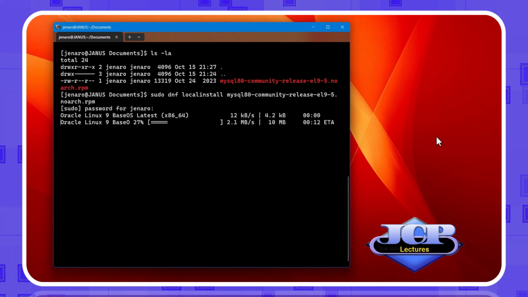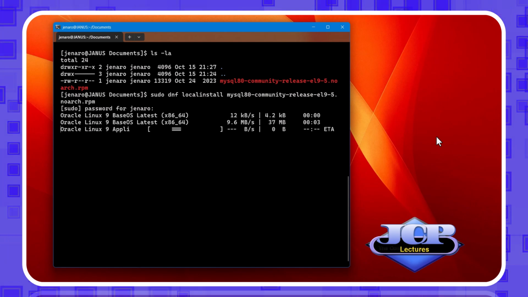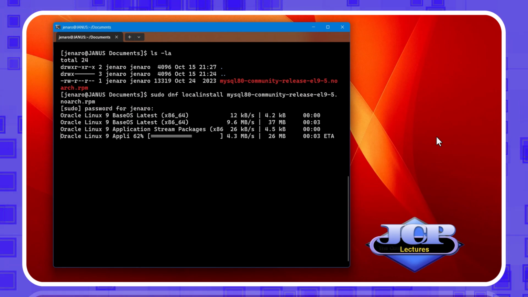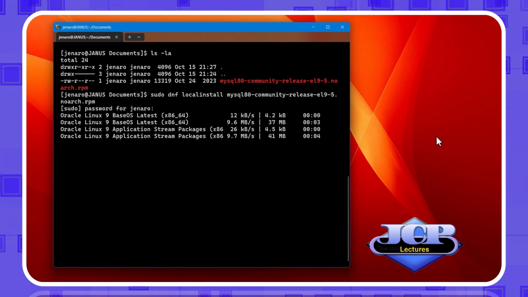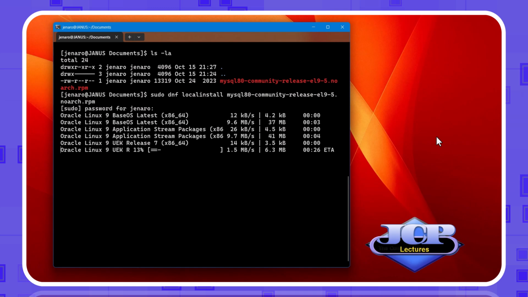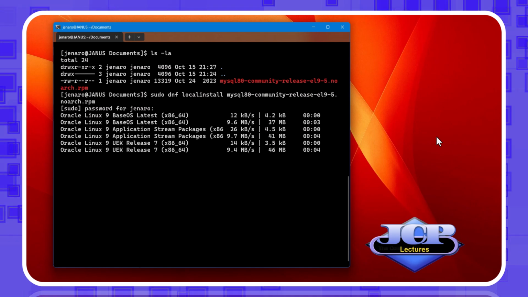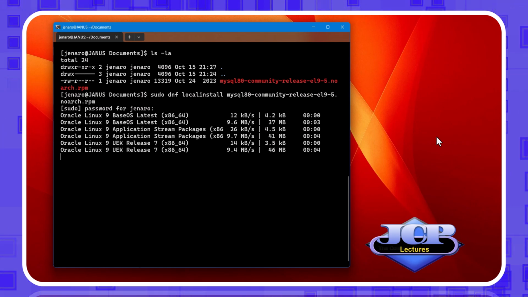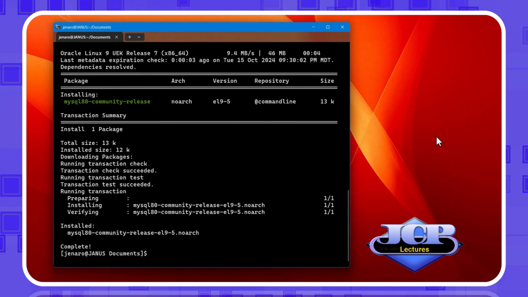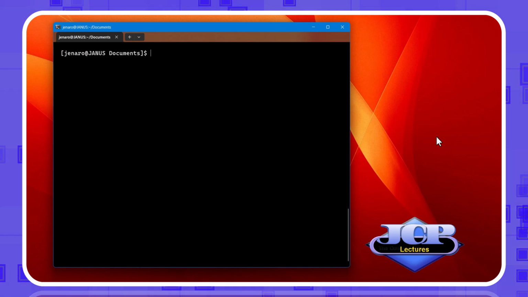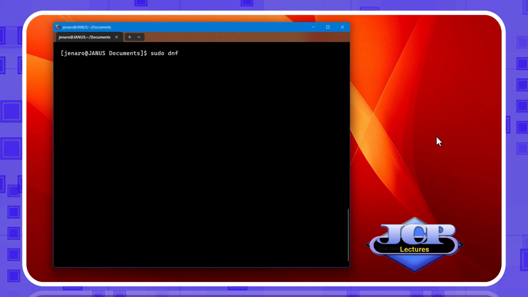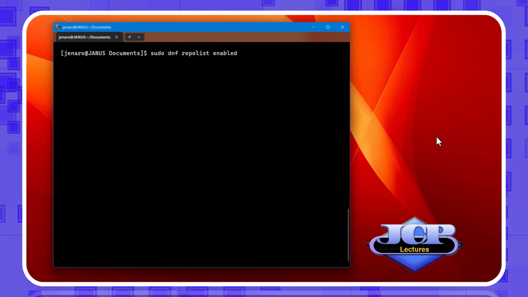The installation begins. When it finishes installing, check the list of MySQL repositories with the command sudo dnf repolist enabled | grep mysql.